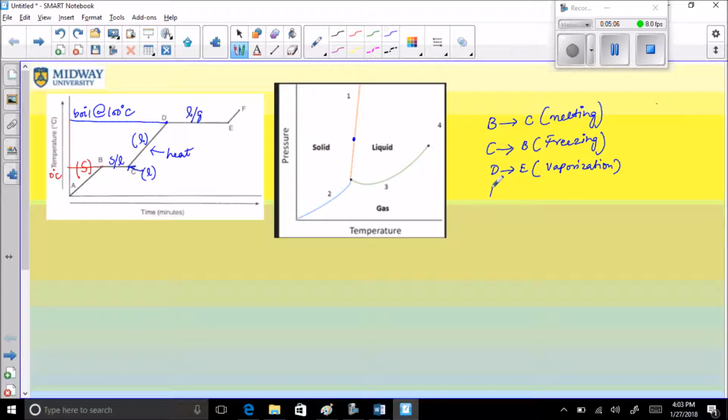And E to D is condensation. Okay, so again, in this flat region, you have a combination of liquid and gas, and between E and F, you only have gas, because at this point you've supplied enough heat that the liquid is now going completely into the vapor phase. So that's the difference between, say, you have a beaker that's open and you contain water,